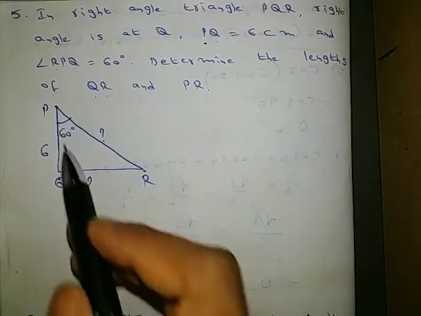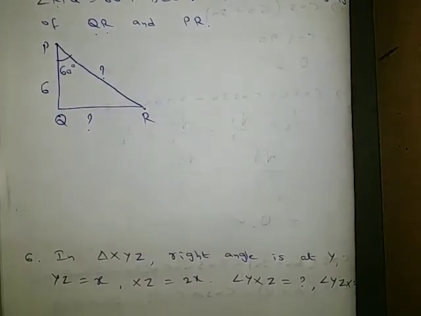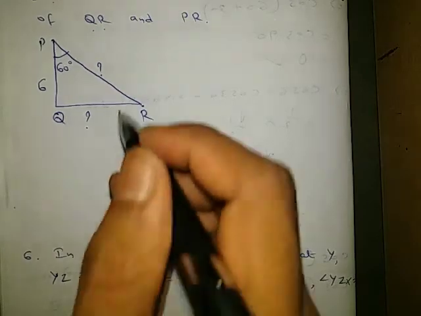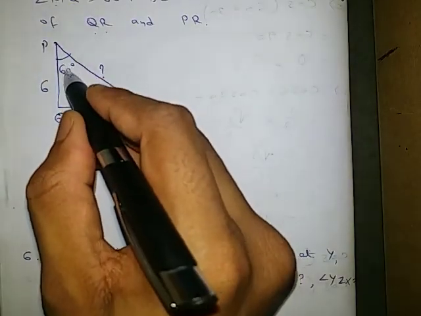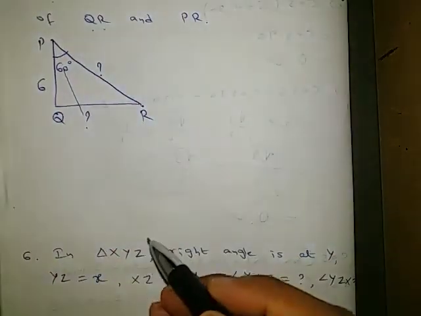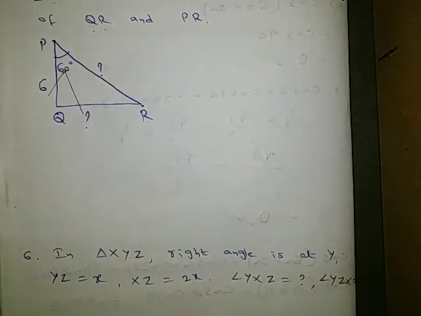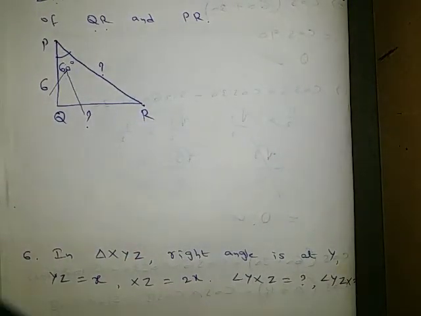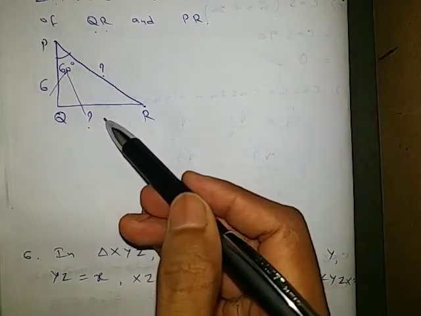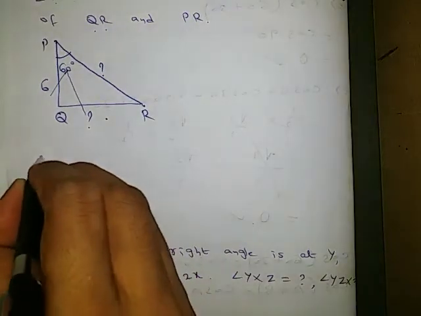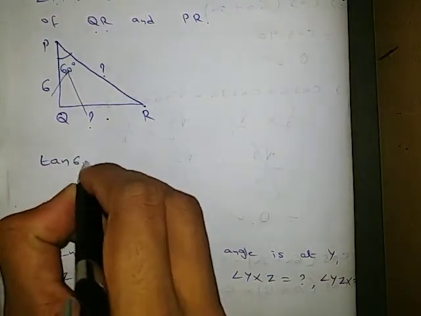So here one angle is given. By using that angle, trigonometric ratios or trigonometric values, we can find the remaining sides. So let us check how to find that. Here for this 60 degrees, this will become the opposite side and this will become the adjacent side. So which trigonometric ratio will be considered if we have opposite as well as adjacent? Nothing but tan. So I will take tan 60.